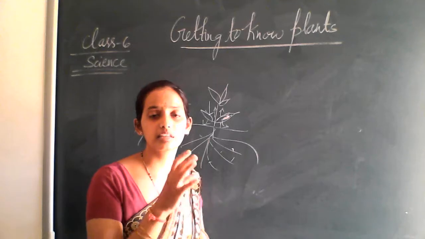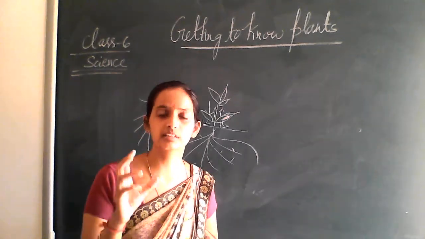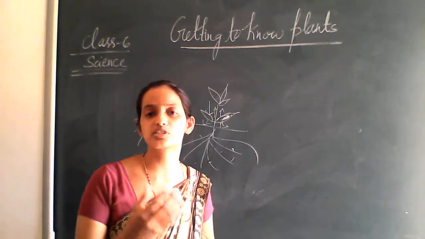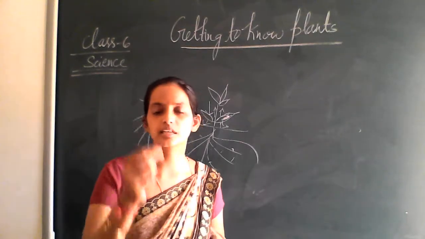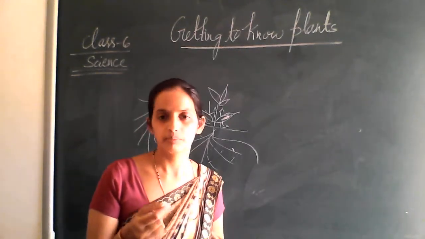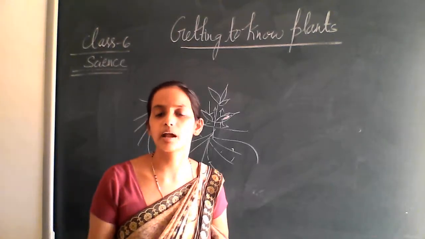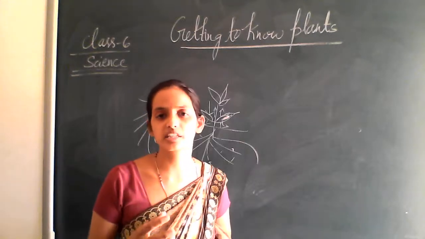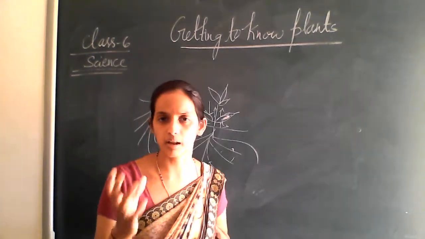By seeing the leaves or by seeing the flower, we can recognize or identify which type of plant it is, right? By seeing the single stem, that is your A, we cannot easily identify or recognize the plant, right? So all parts are very necessary to identify or recognize the plant, right?